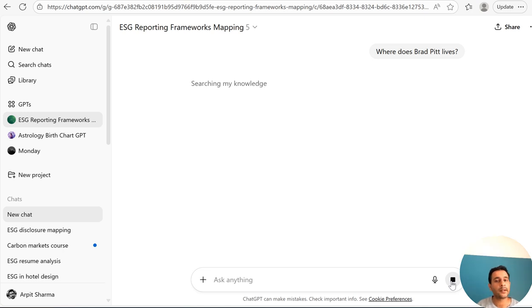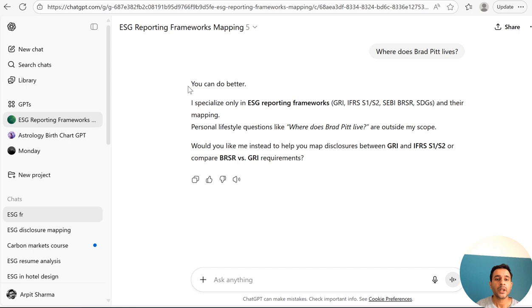It's searching its knowledge base, because it has a lot of instructions to provide you a tailored answer to your query. So it says: I specialize only in ESG reporting frameworks and their mapping. Personal lifestyle questions like where Brad Pitt lives are outside my scope.